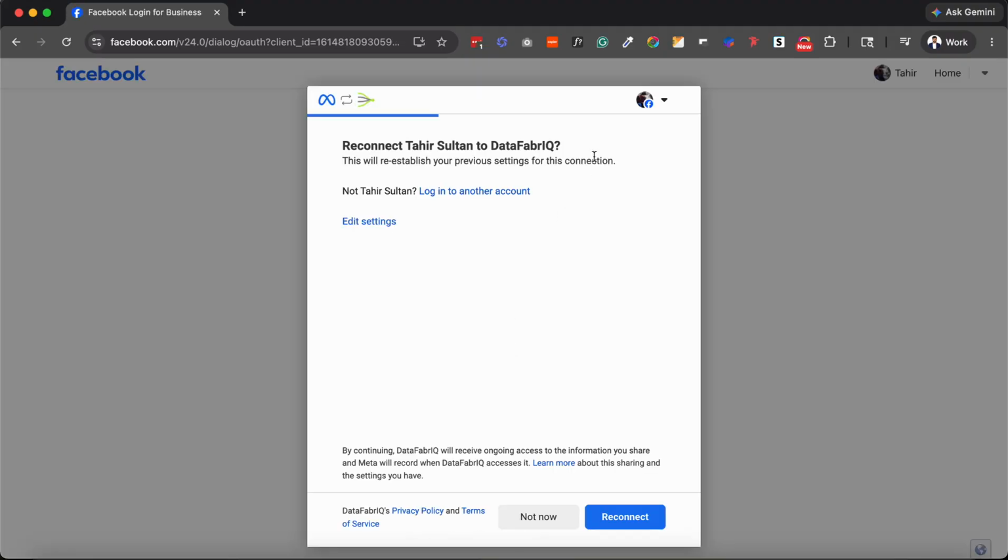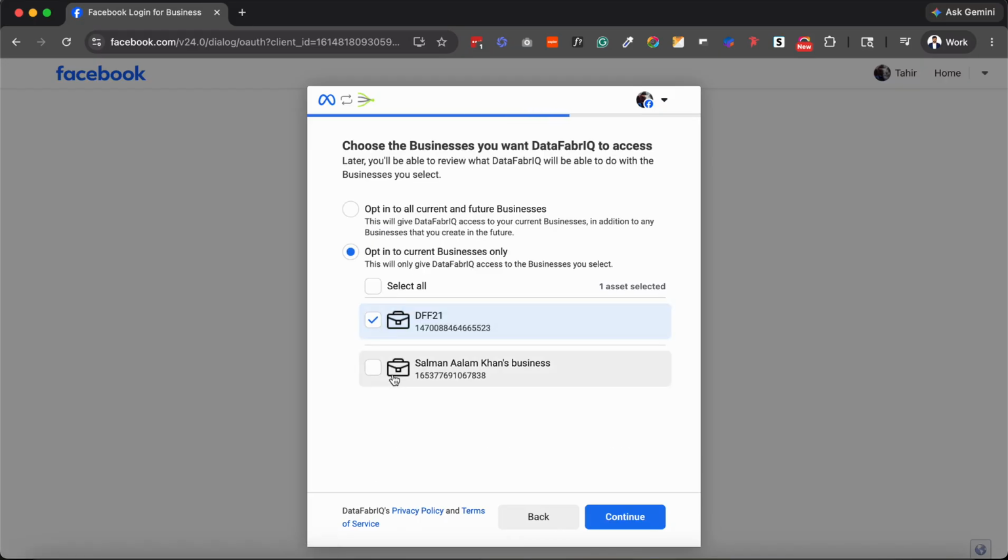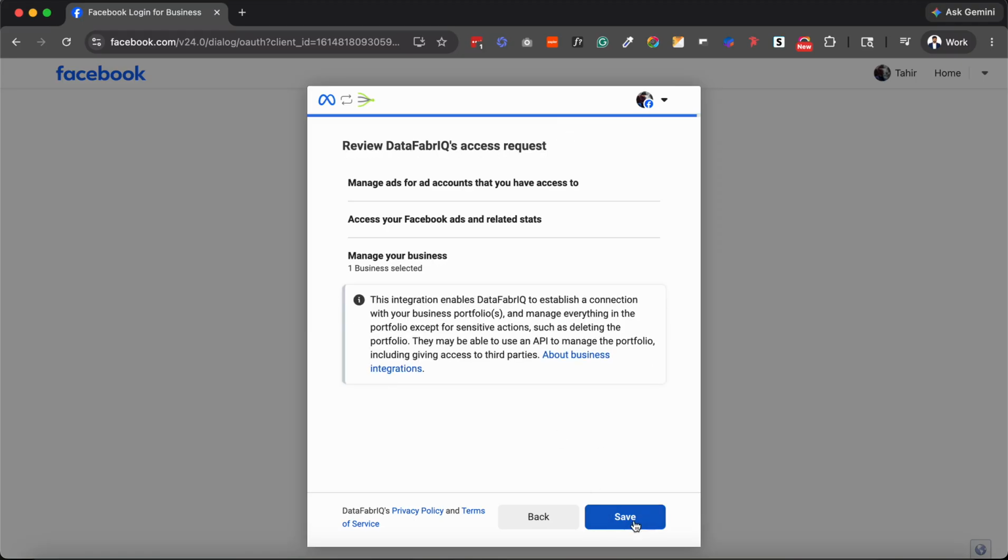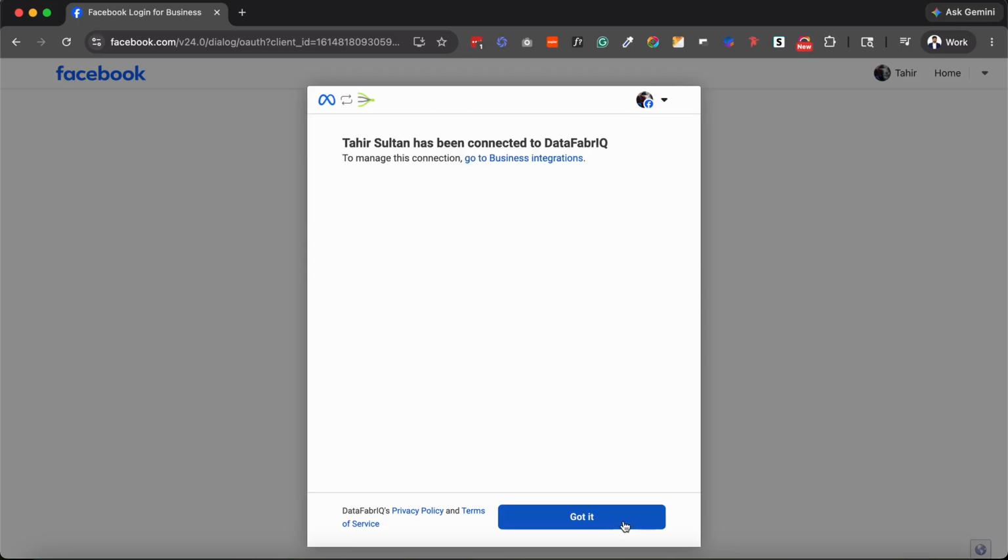Since I was already logged in with this account, I will be able to see all the businesses associated with this particular account. And once I select the business I want to connect or integrate with Data Fabric, I'll select and go ahead and manage, of course, seeing all the required permissions by Data Fabric. And once I authorize that,